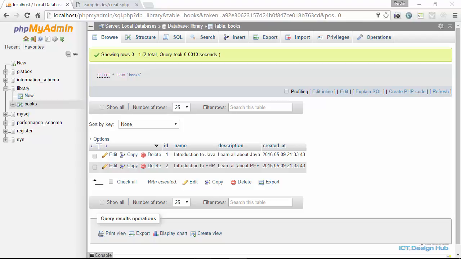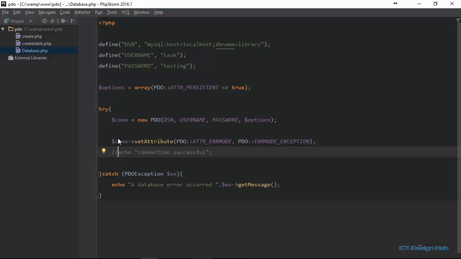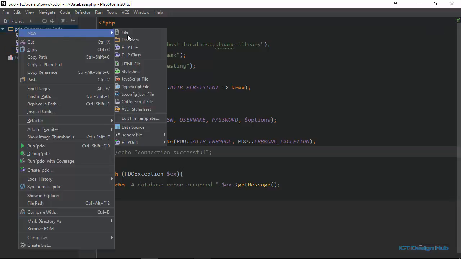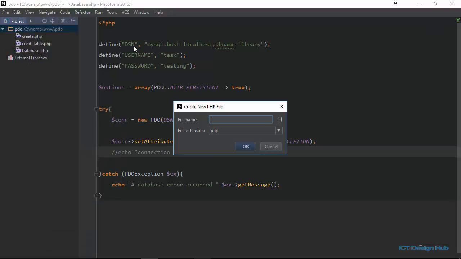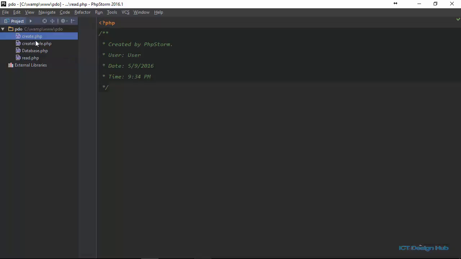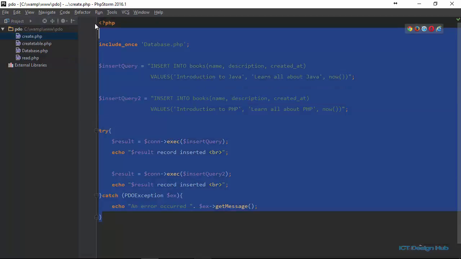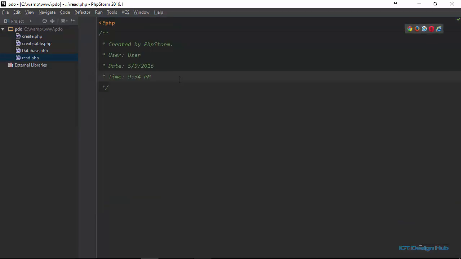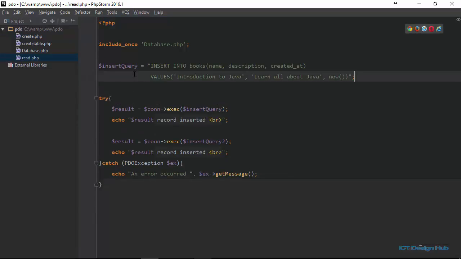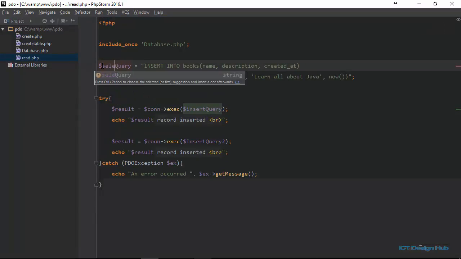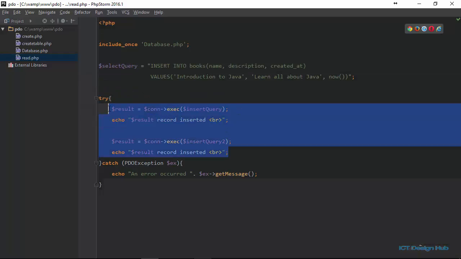Now let's see the next letter in CRUD, which is read. I'll create another file here and save this as read. Since we are going to be needing some of the things here, I'll just grab the code from here and paste it here. We'll get rid of this, and here we say select query, and we're also going to get